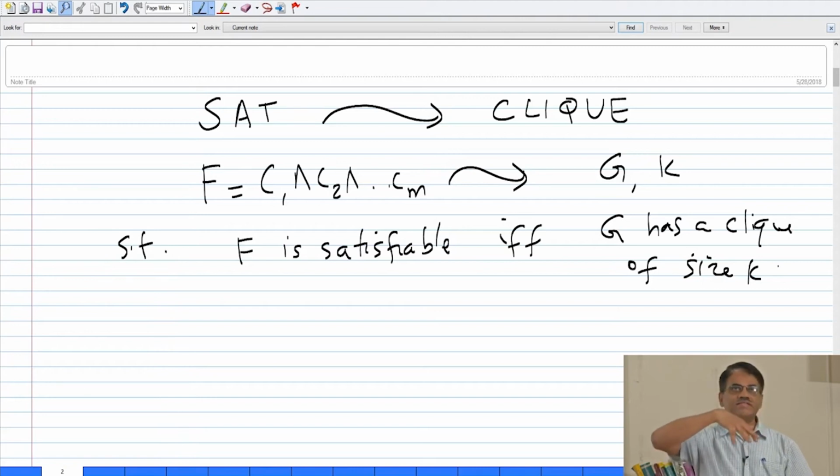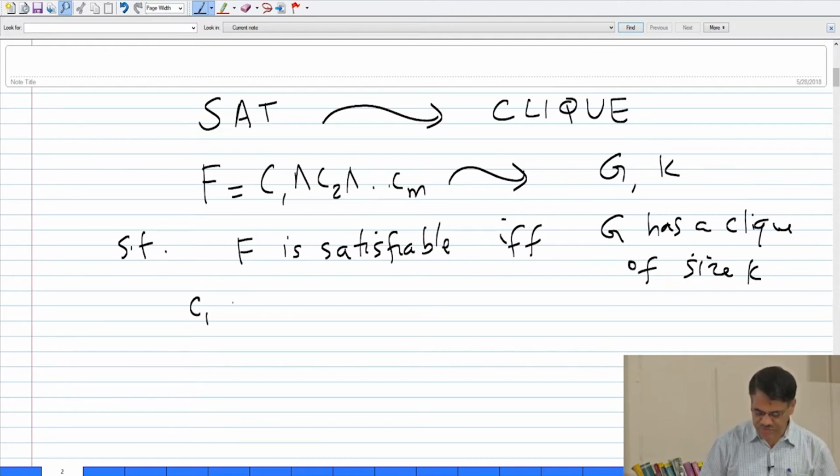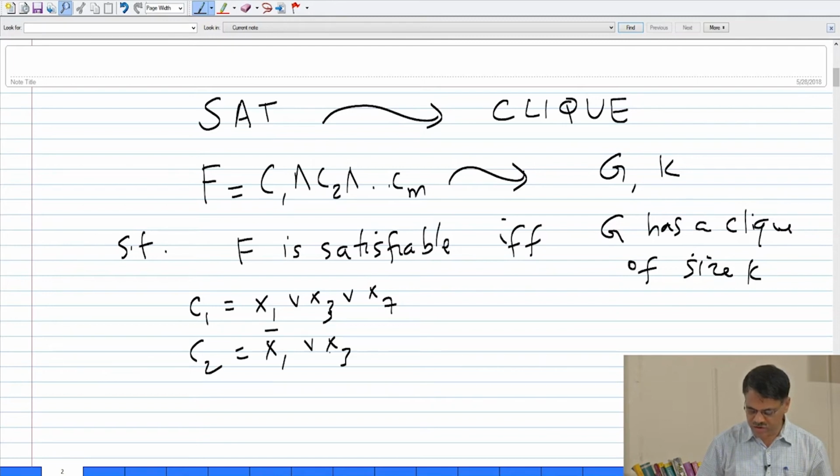I want some subset of variables. Now, I am trying to make the connection even more transparent. Here I want a subset of vertices which are mutually adjacent. Here I want a subset of variables such that one would satisfy C1, one of them will satisfy C2 and one of them will satisfy Cm. So, now that gives me a direction of how I want to draw the graph, right. So, let me try an example. Suppose C1 is x1 or x3 or x7, C2 is x1 bar or x3 bar or x5, and C3 is,